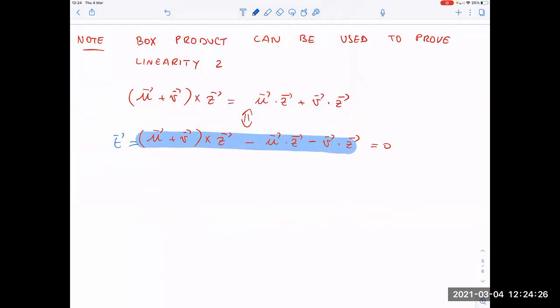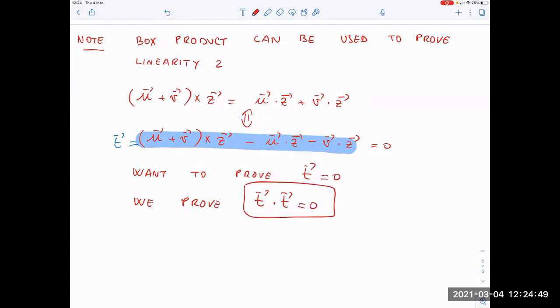So what we want to prove is t is 0. And to do this, we prove that t dot t is 0. Why is this useful? Because if you take this expression, you dot product it with itself, you use the property of the dot product that you know you can split along the sums, and then you will see, you will use